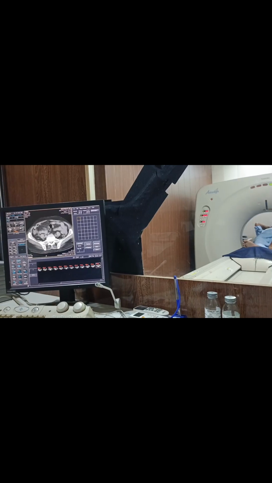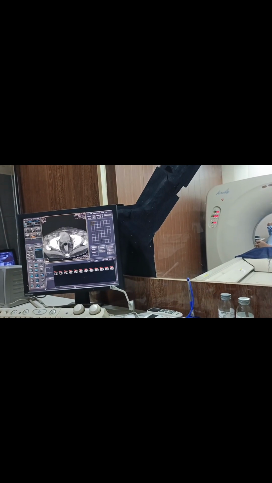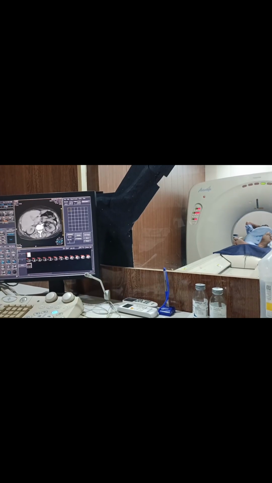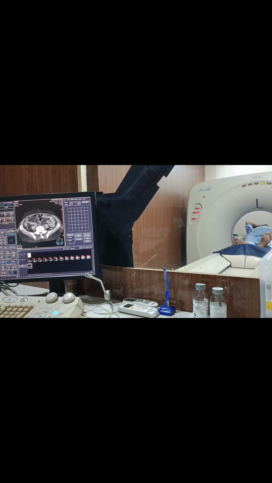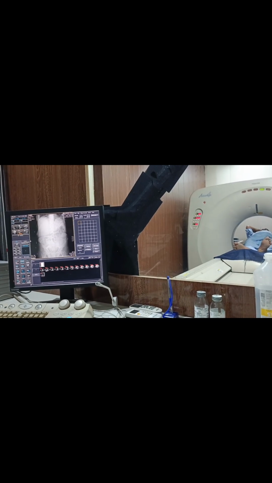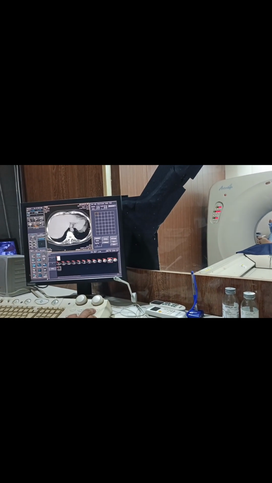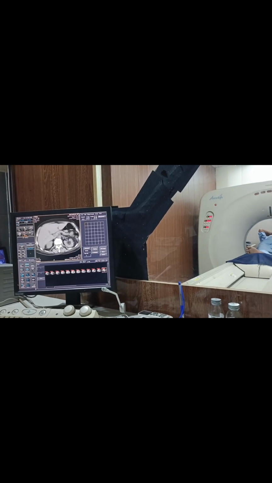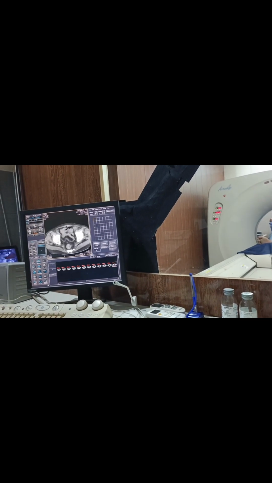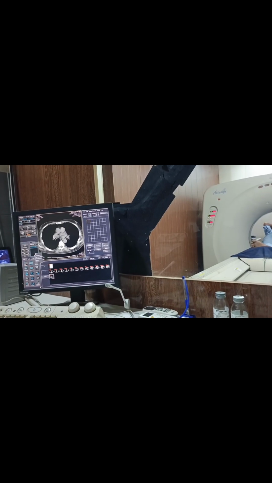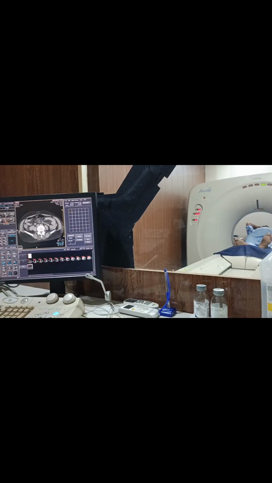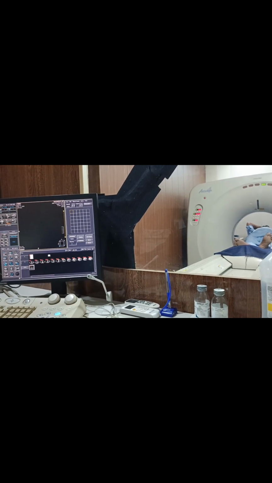The CT scan room is dominated by the large donut-shaped machine, known as the CT scanner. It consists of a circular opening with a motorized table that moves the patient slowly through it. Inside the circular gantry, an X-ray tube rotates rapidly around the patient while detectors on the opposite side capture the X-rays that pass through the body. These signals are sent to a computer, which processes them to create cross-sectional images, known as slices. Each slice represents a thin section of the body, and when combined together, they form a three-dimensional view of the